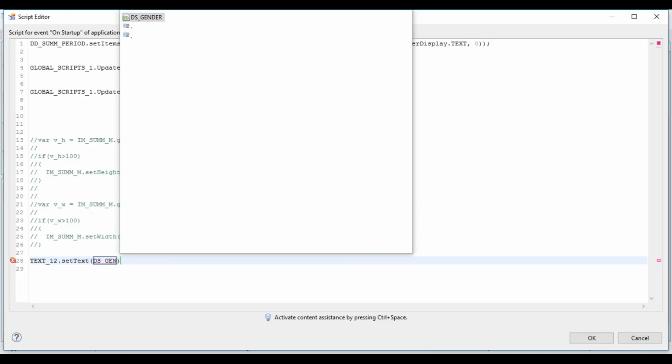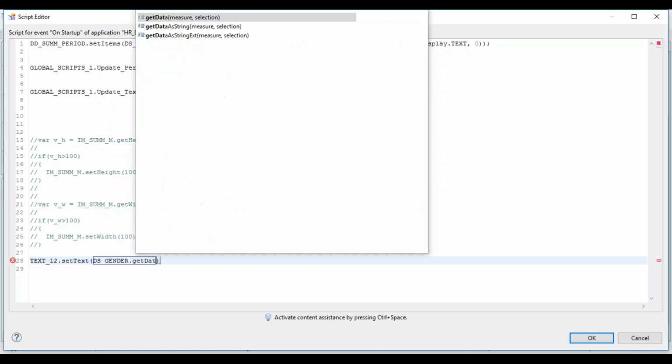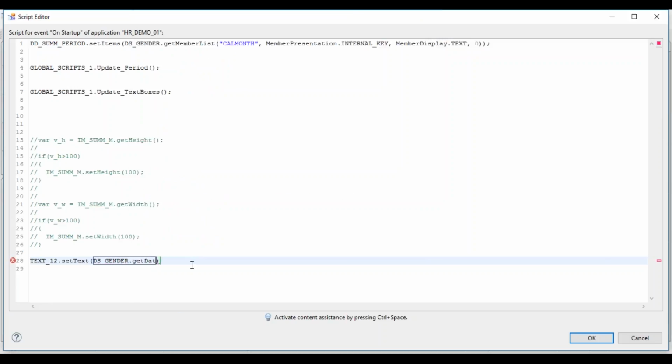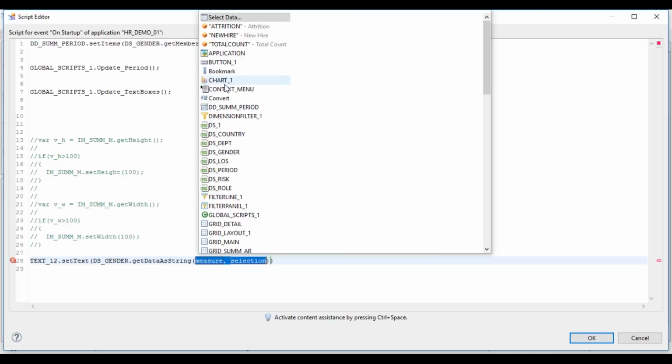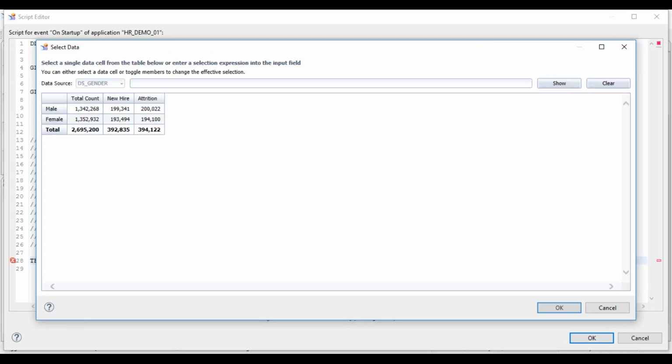It's coming from gender data source dot get data as string. Select data, and this is male.